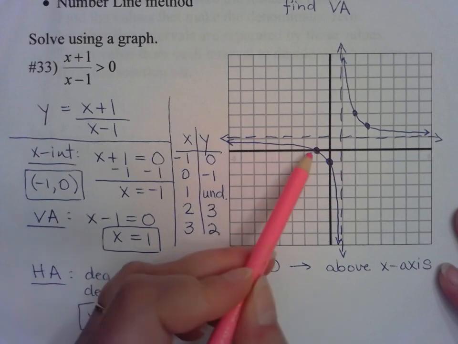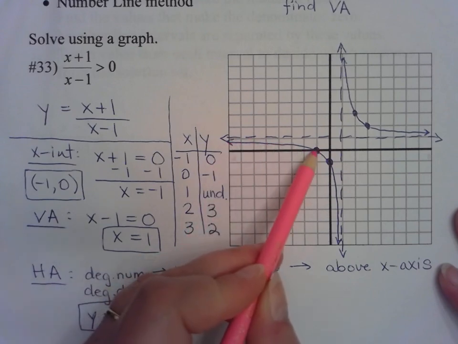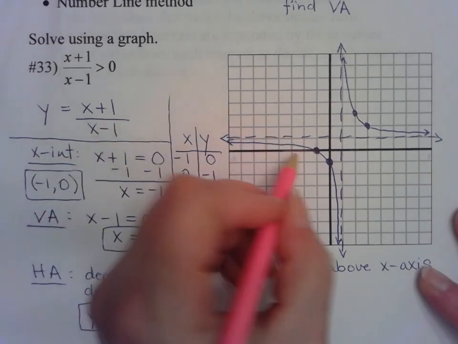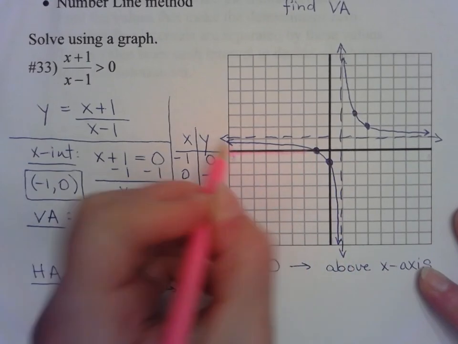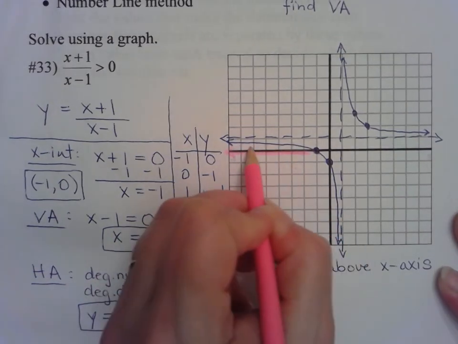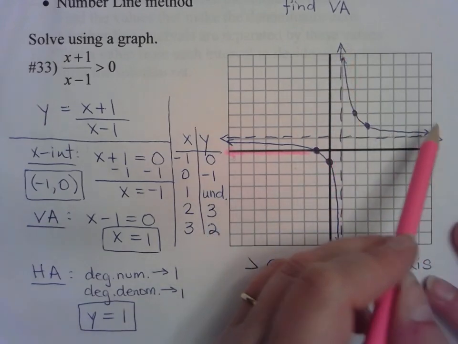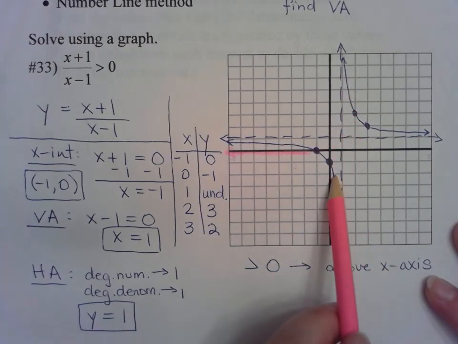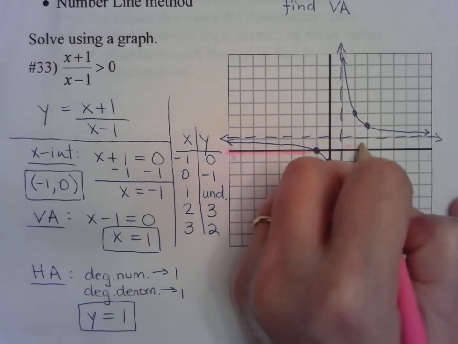Parts of the graph that are above, I have this little sliver here that's above to the left of -1. So this would be part of my solution, all the points from here on. I don't know if you can even see that, but all right. And then this whole curve right here is above. Notice the vertical asymptote is a dividing line between parts that are below and parts that are above. So everything over here,